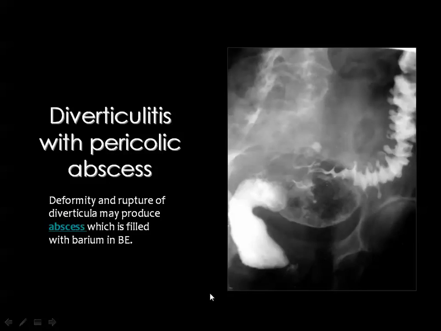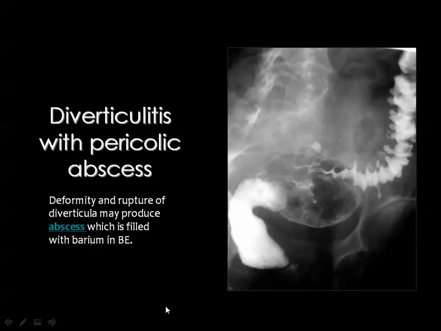And some of the diverticuli may rupture, as I have said, resulting in the formation of a pericolic abscess. And if you perform barium enema for these patients, you may see the spastic left side of the colon, a few diverticuli along the colonic wall, and you get barium outside the colon into the pericolic abscess,